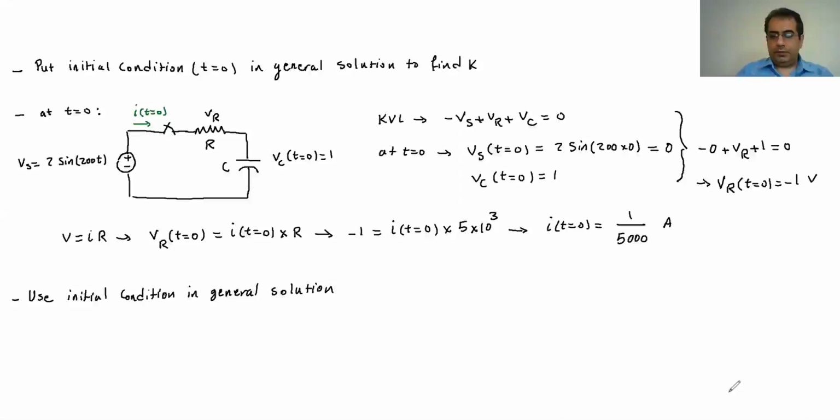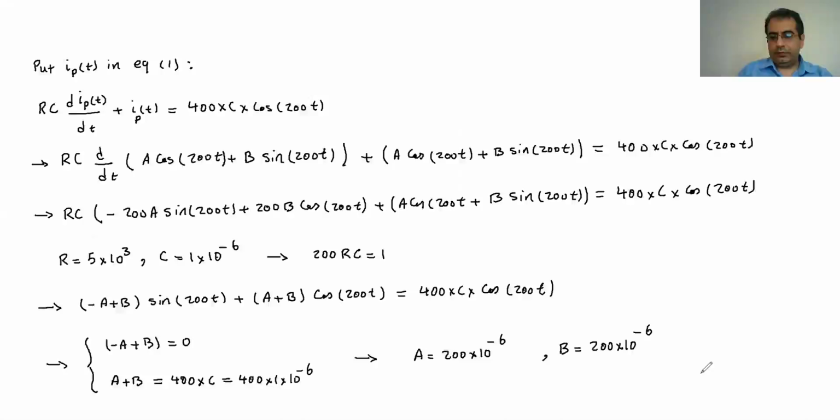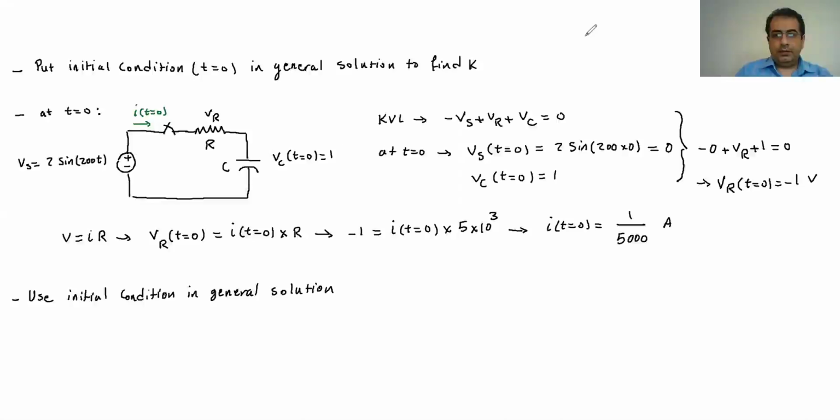Let's go back and look at the general solution. Basically we want to put T equal to 0 in that equation. So the general solution at T equal to 0 is going to become